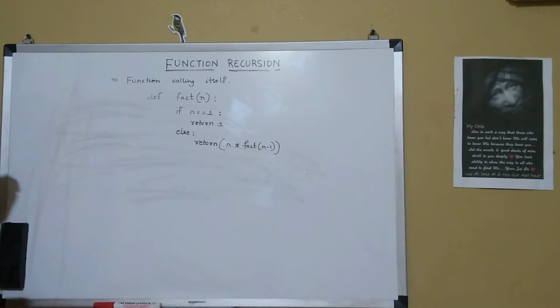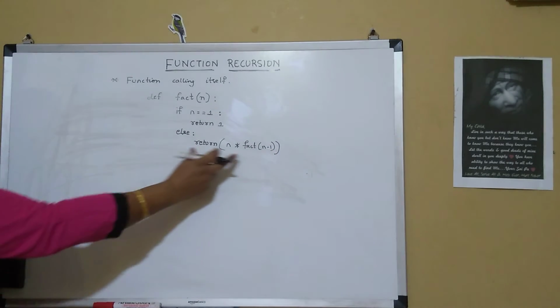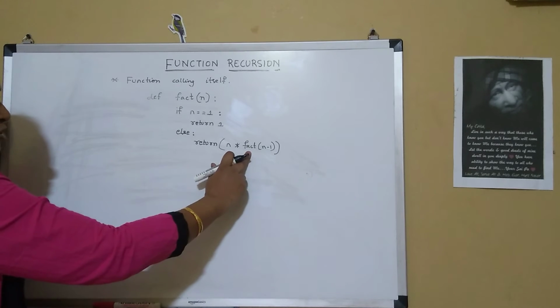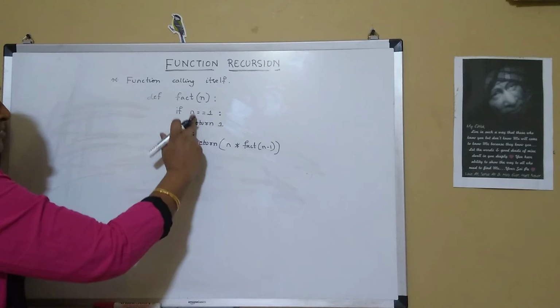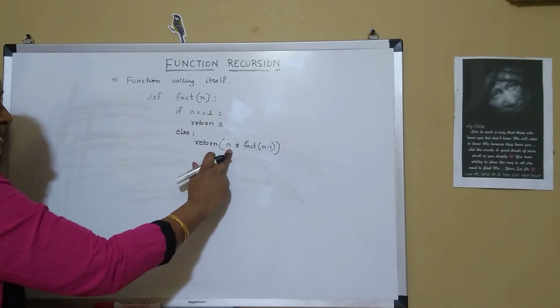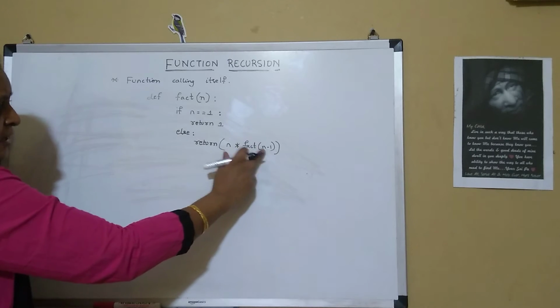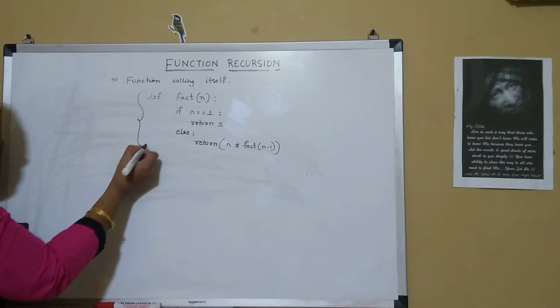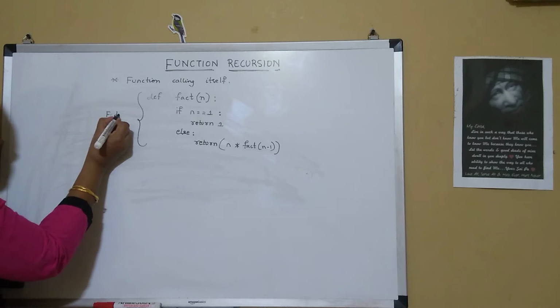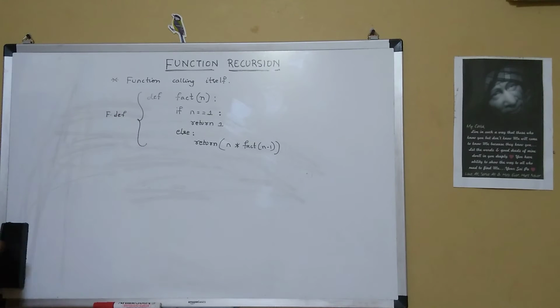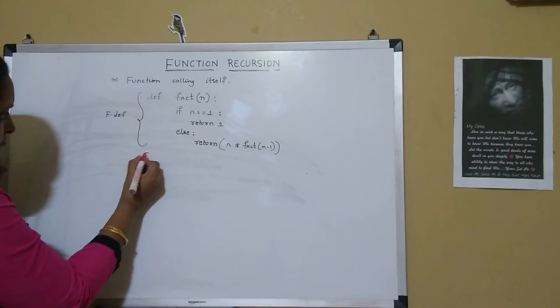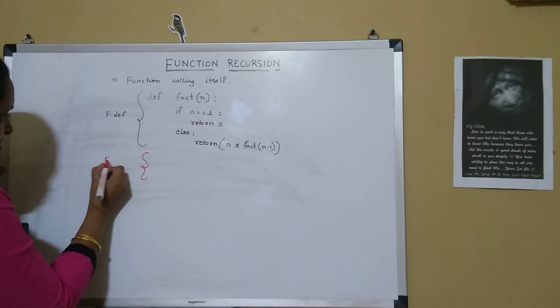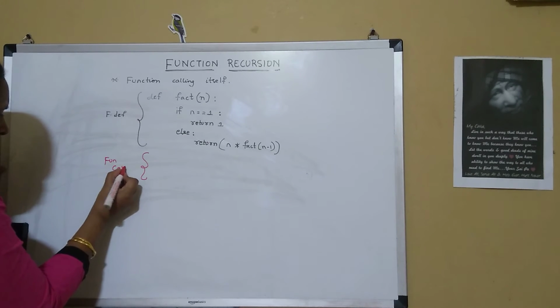So it will return this particular value. Now again it is calling factorial. So if the number is not equal to 1, it will give n into factorial of n minus 1. So this is nothing but the function definition. Now let me call this function with a function call.